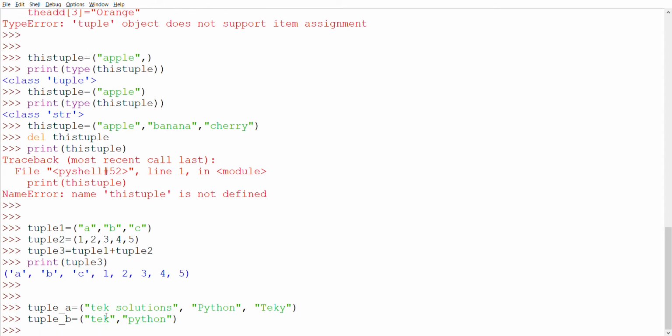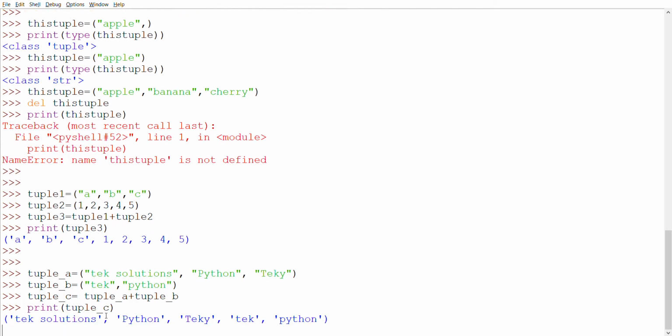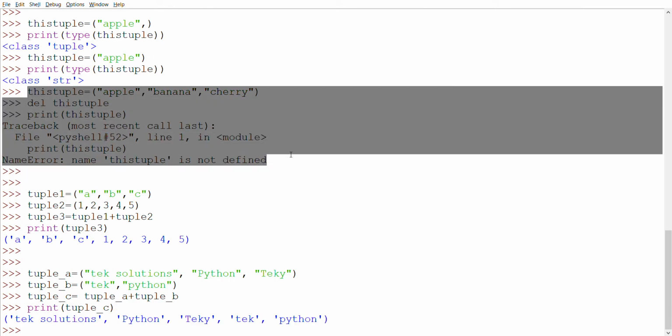Now tuple C equal to tuple A plus tuple B. Print tuple C. Okay, you can join two tuples: Take Solutions Python, Take Key Take Python. Okay, this is clear.